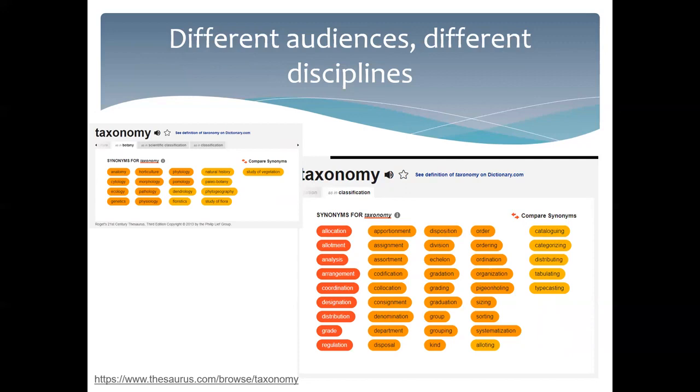If we go over to classification, which is sort of our umbrella, you see we get a lot of different terms. And so that's why taxonomies and vocabularies are really interesting and really challenging to deal with, because if you're looking at a specific domain or discipline, we're doing something for the botanist, that would be relatively easy. We've got all of these synonyms and we're going to say, if you have any of these terms,